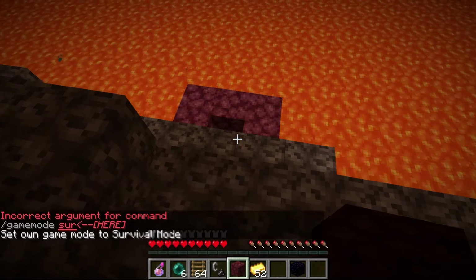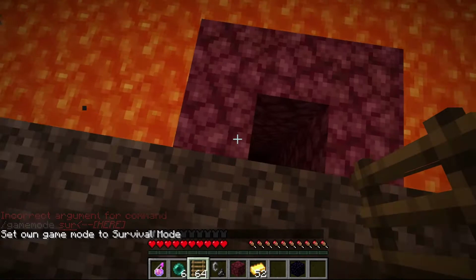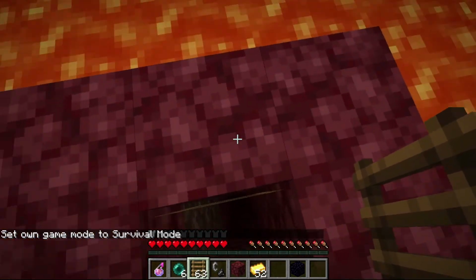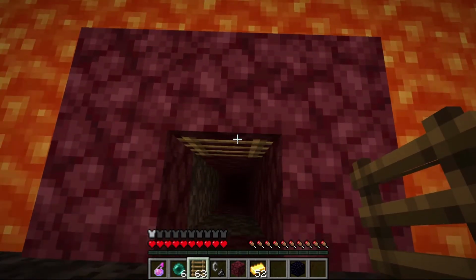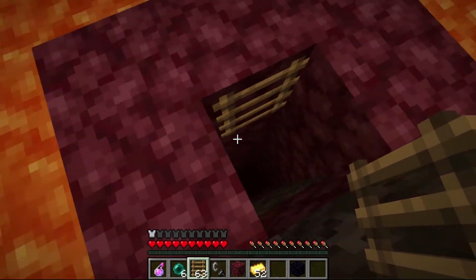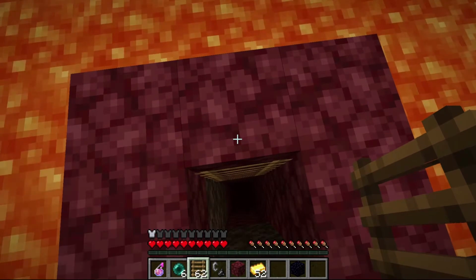So let's go ahead and set our game mode to survival. And what you'll see now is we've got our little hole here. When you're making this tunnel, you can actually get to a point where you can walk on the ladders and apply them going down. You could do it going up as well,